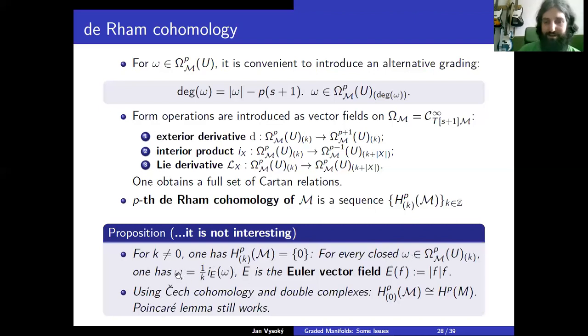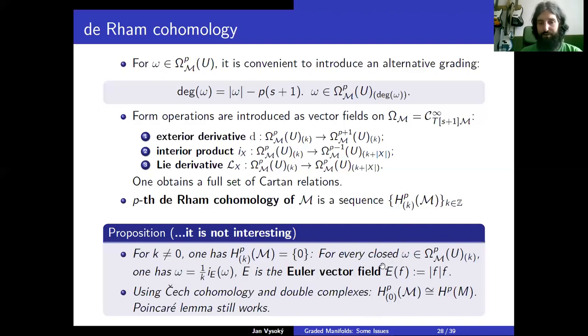You can define the potential for my closed form by this formula. So I take omega prime to be 1 over k, I plug my Euler vector field into omega, and I obtain some p minus 1 form such that d of it is omega. So I can easily show that every closed form of degree different from 0, because I have to divide by k here, is actually exact. So it's trivial, and one can show also that